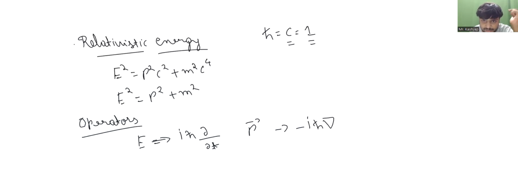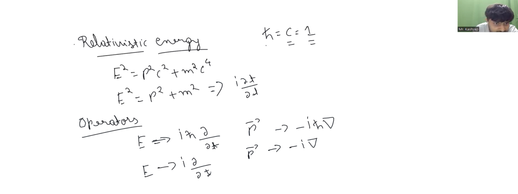Since here we put h cross as 1, the energy would be just i dou by dou t. And the momentum part would be minus i del, right? So if I put the operators in the place of E, which would be i dou by dou t,